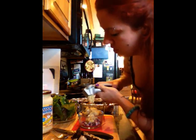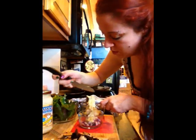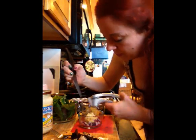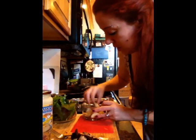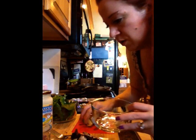And that's building muscle, working out and cooking. Use the knife, get it all in there. Yay. There we go. We have the garlic and the onion. And now I'm going to take these and just get them smaller so that